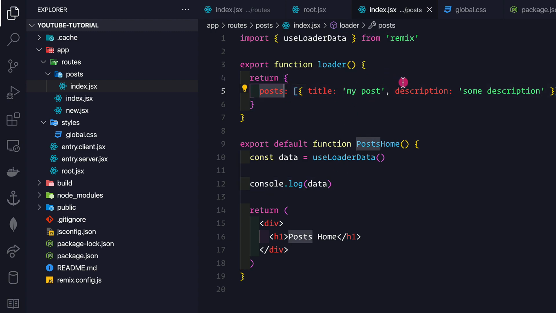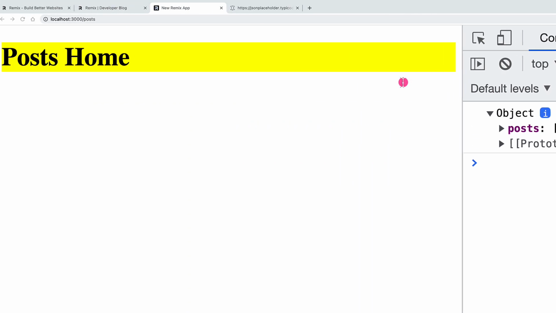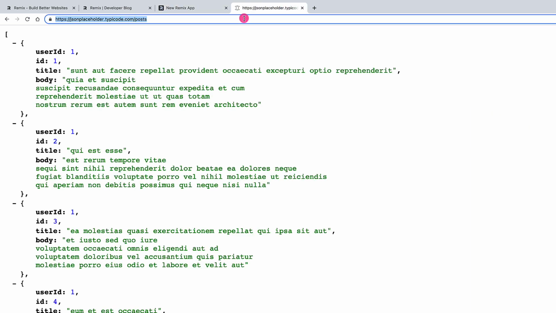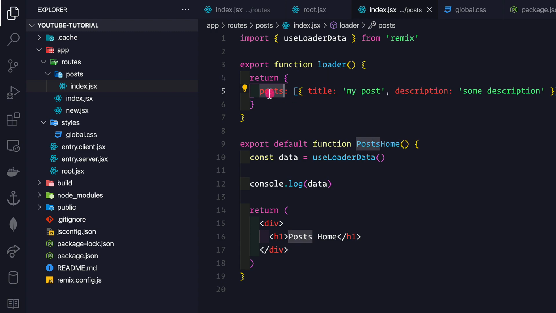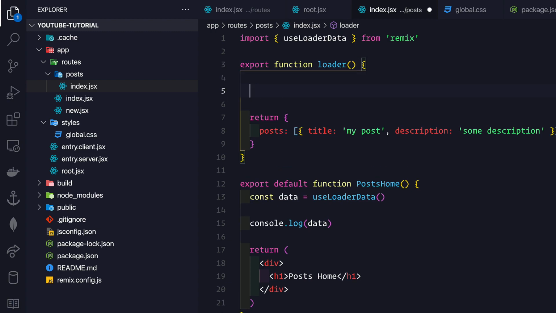So let's actually get the post from this API. Let me copy the URL again, that is this /post. So here, instead of returning post, let me comment it out, or let it be like this as of now. Here I need to make a call to that API. So for that,